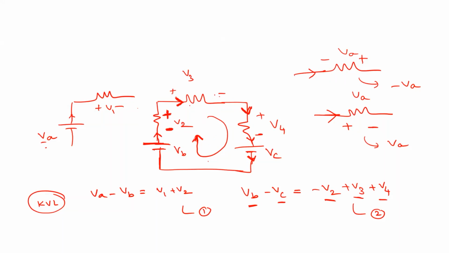One doubt, sir. Yes. For V2, we took plus minus, right? Can we take the other way around, minus plus? That's why I told you, this is the given one. They have already mentioned it, so you can't change it. Somehow the current is flowing in the negative direction, so that's why the given direction is for V2. That's why I took this one as an example. Sometimes they will forcefully give that, so take this direction for this voltage.